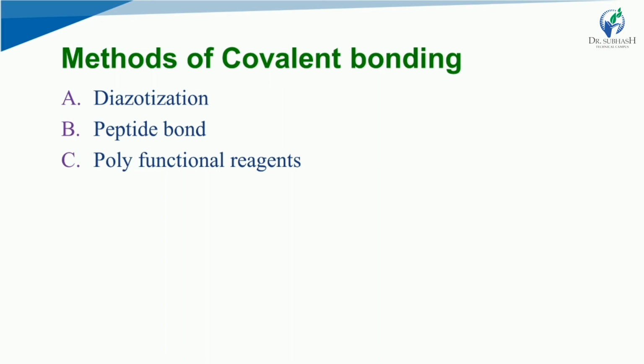Right. Next is peptide bond formation between amino or carboxylic group of support and amino or carboxylic group of enzyme. Right, so this is also again important. Then sometimes there is group activation, which I forgot to mention here. Group activation: use of cyanogen bromide on a support containing glycol group, that is cellulose, sephadex, sucrose, etc. The third one here is polyfunctional reagent, use of bifunctional or multifunctional reagent, which forms covalent bond between amino group of the support and amino group of the enzyme.